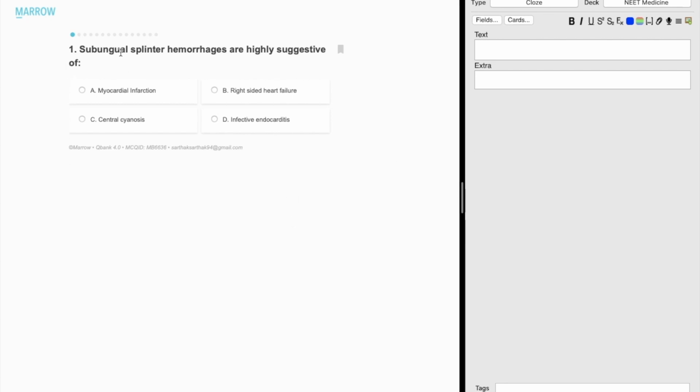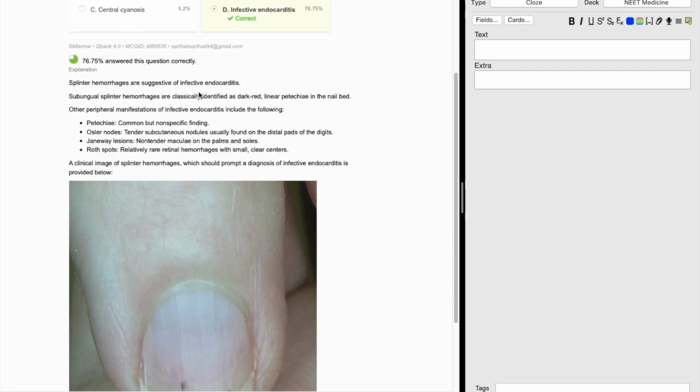So our first question is, splinter hemorrhages are highly suggestive of, let's say the answer is D, infective endocarditis. Now suppose while reading the description or your notes or watching videos, you come across a very important point. It might be a fact, it might be a concept, it can be an image, it can be a value, anything. You can convert that information into a flashcard. Like for this description, I'll convert these peripheral manifestations of infective endocarditis into a flashcard, and